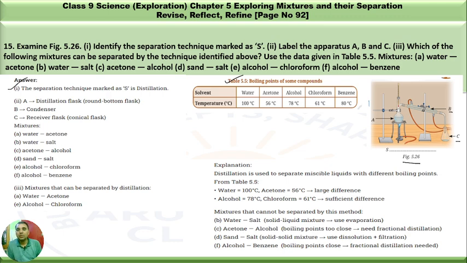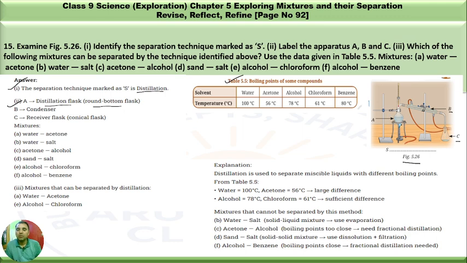Here, this separation technique is called the distillation method. Here, we are using a distillation flask, a round bottom flask. This is a round bottom flask. The second part of the question is where we have to label A, B and C. A is called the distillation flask or round bottom flask, which is